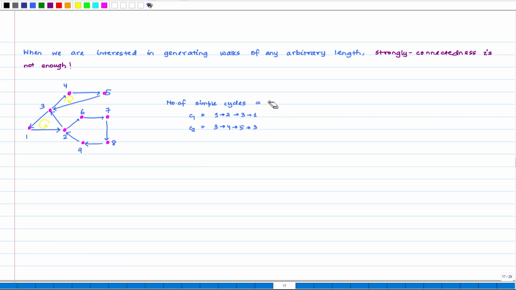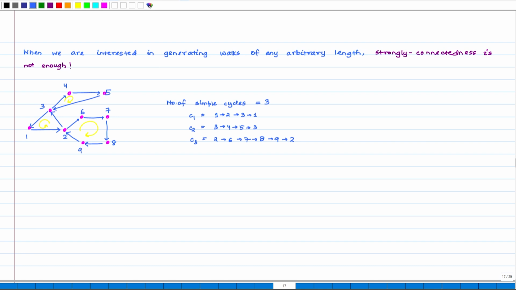So now the number of cycles in the network has changed from 2 to 3, and one more cycle has gotten introduced, which is this. So what is the third cycle? It is equal to 2 to 6 to 7 to 8 to 9 and then back to 2. So it is now a cycle of length 5. So we see that the network has 3 cycles now.